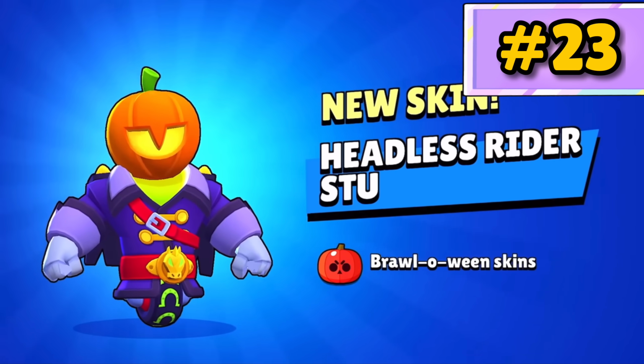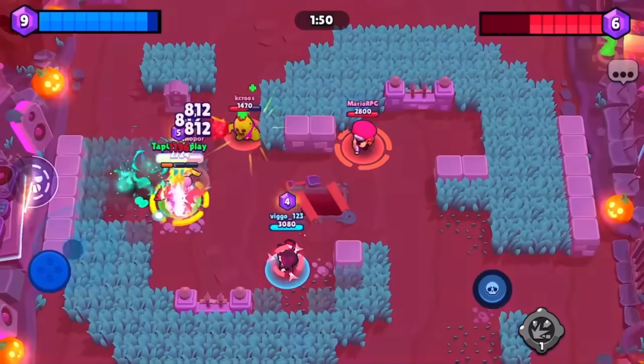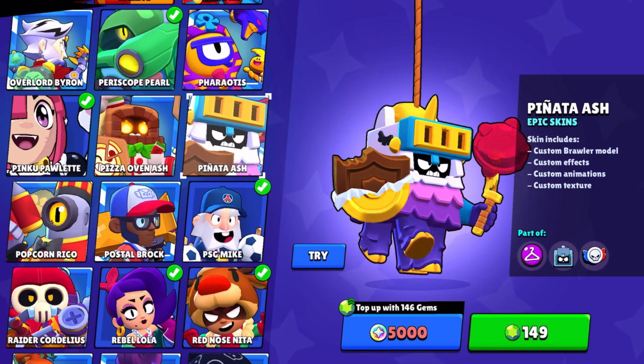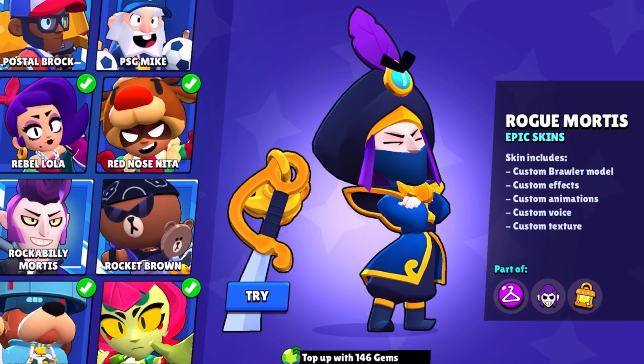Headless Rider Stu. This is a super above average Stu skin. He gets a menacing design with really neat effects. Pinata Ash. Ash gets the goofiest skins and it's incredible. Bro literally becomes a pinata. I want to hit on him, hit him, hit him, not